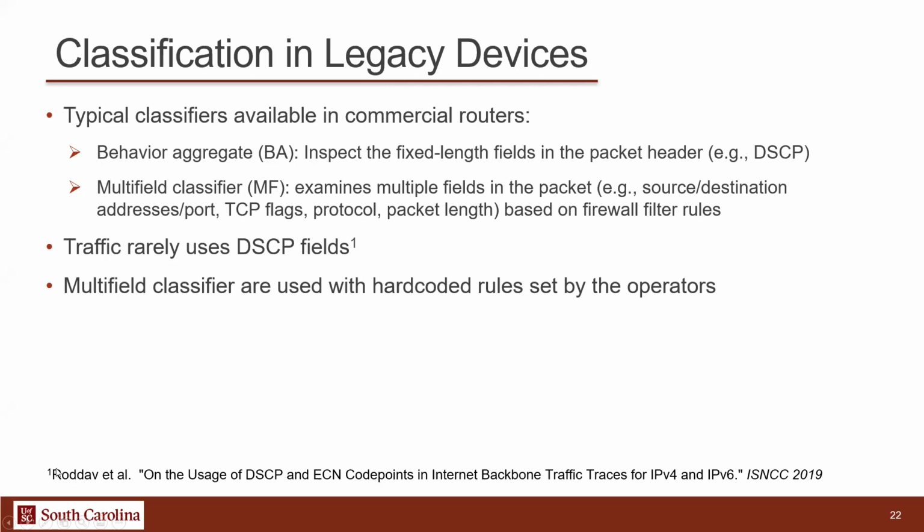And there's this paper that did a study on a backbone, and it's seen that a very small percentage of the traffic had these quality of service fields there. And the problem of the second one is that usually operators would need to hard code these rules. And if you have a very dynamic network, a lot of traffic entering and joining, and you don't know their IPs, it can be very tricky to do the separation.